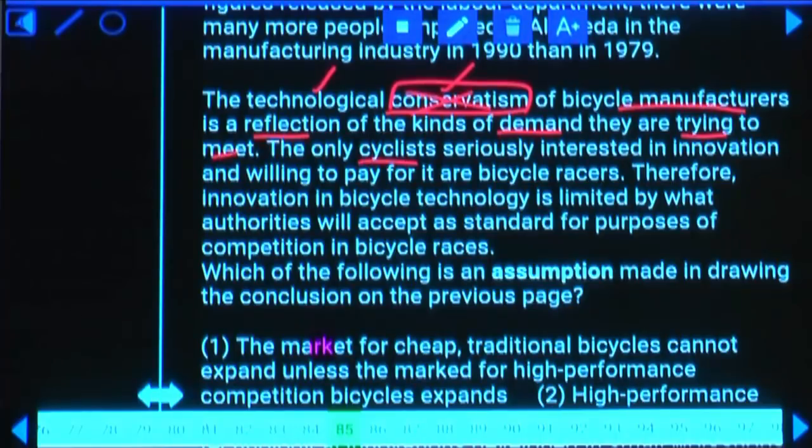The only cyclists seriously interested in innovation and willing to pay for it are